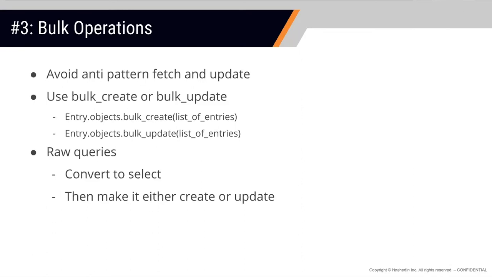So what you can do is, in a single line, you can say Employee.objects.update with whatever values you want to assign, right? So instead of getting it, then updating and then saving it back, you can directly use the .update function. So it's an anti-pattern to first fetch and then update.